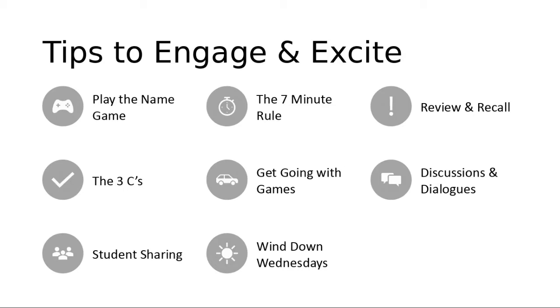The second strategy that I use to get students engaged is the 3 C's: clear, consistent, continuous communication. In my syllabus, I tell the students that twice a week, every Sunday and every Wednesday by 6 a.m. Eastern Time, I'm going to send a Blackboard announcement to them. So they know that on Sunday and Wednesday at 6 a.m. Eastern Time, they're going to get a Blackboard announcement outlining assignments that are due,